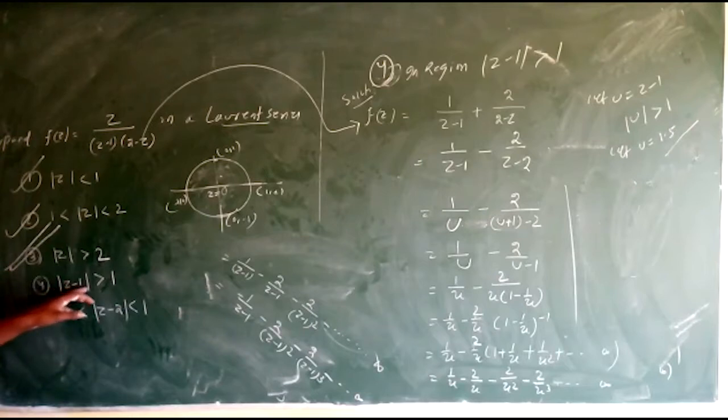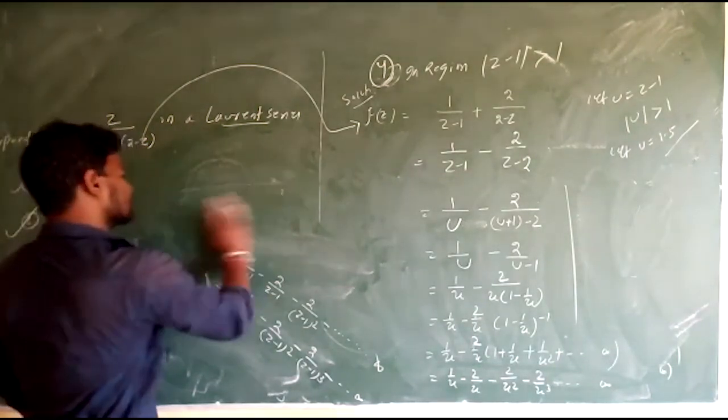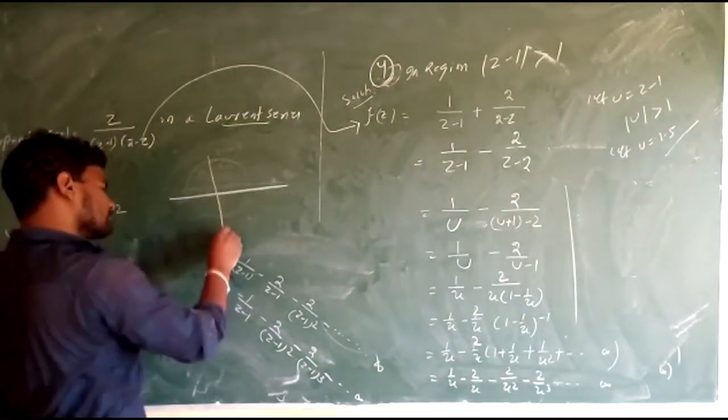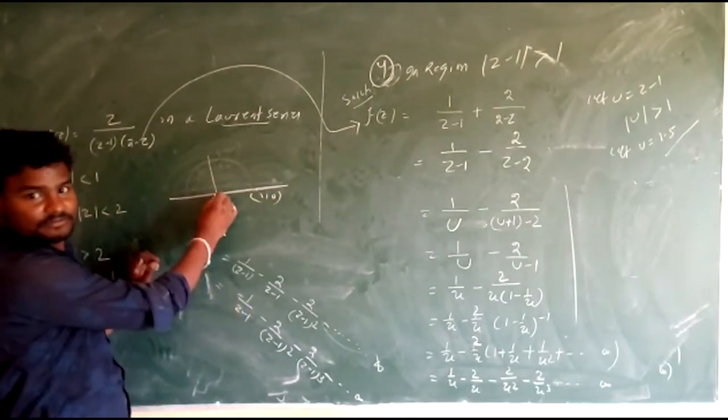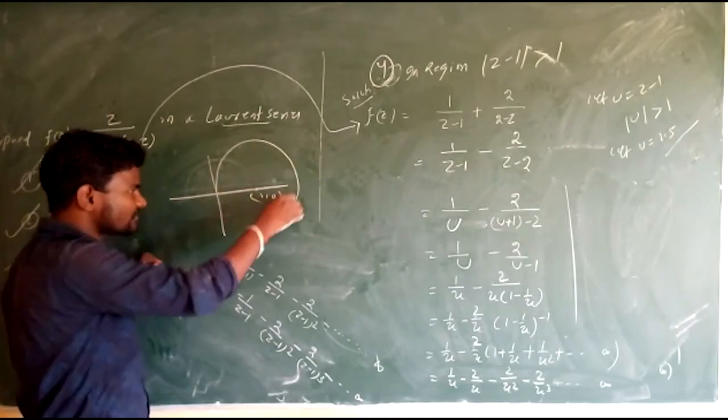Here mod z minus 1 is greater than 1. So what is the center? What is the center? 1. What is the radius? 1. So what is the center? If the center is 1, 0, center is 1, 0, radius is 1, then in this circle you have to find